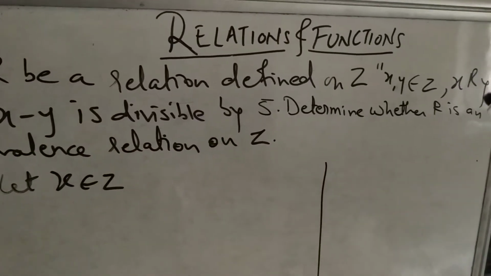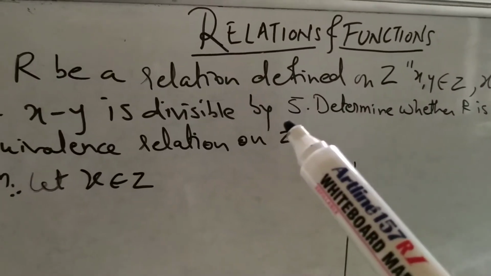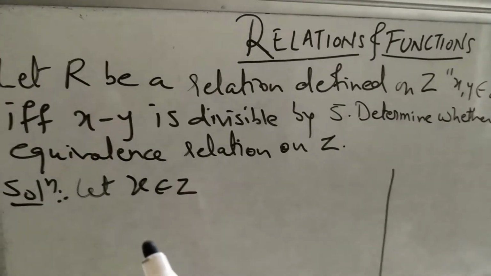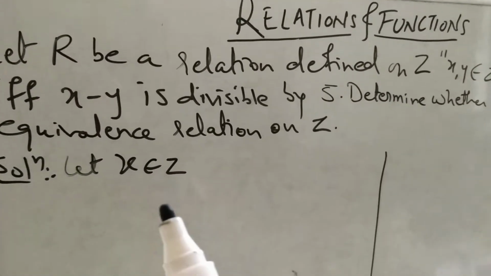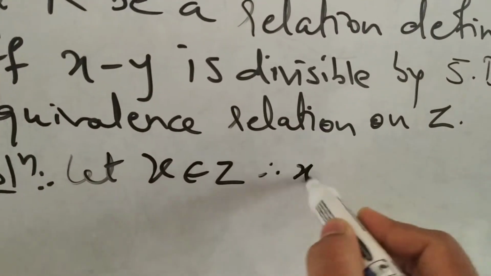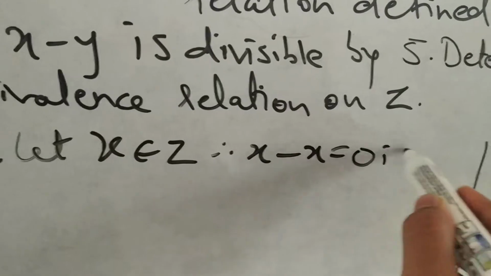X is related to x if and only if x minus x is divisible by 5. And yes, it is true because x minus x is nothing but 0, which is divisible by 5. So when you say let x belong to Z, therefore you can say that x minus x equals 0 is